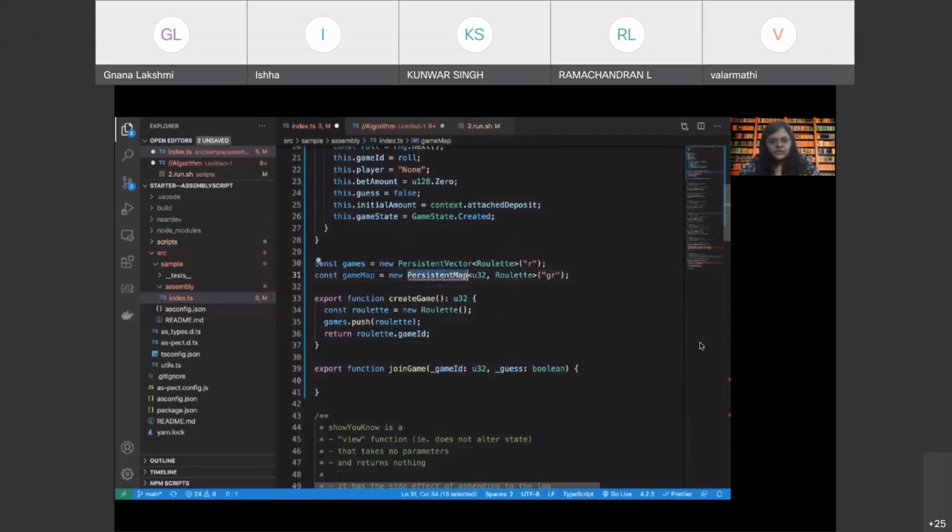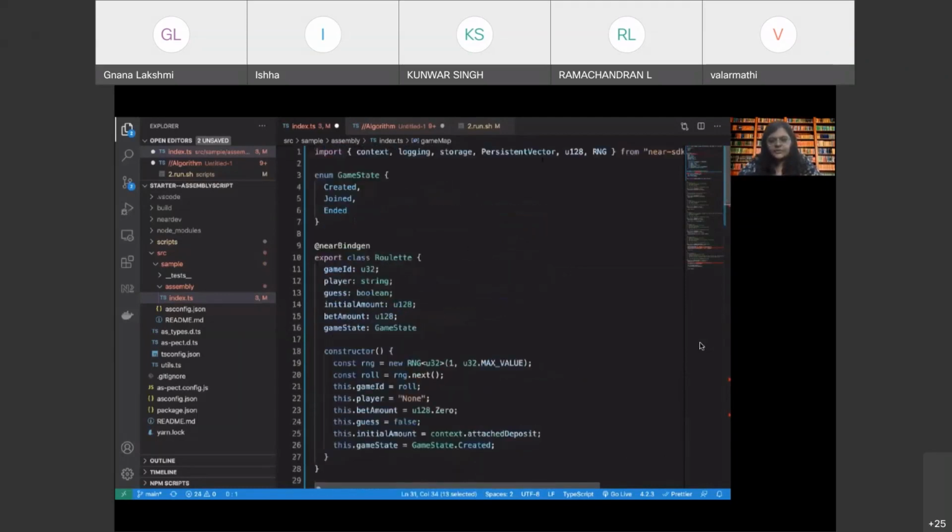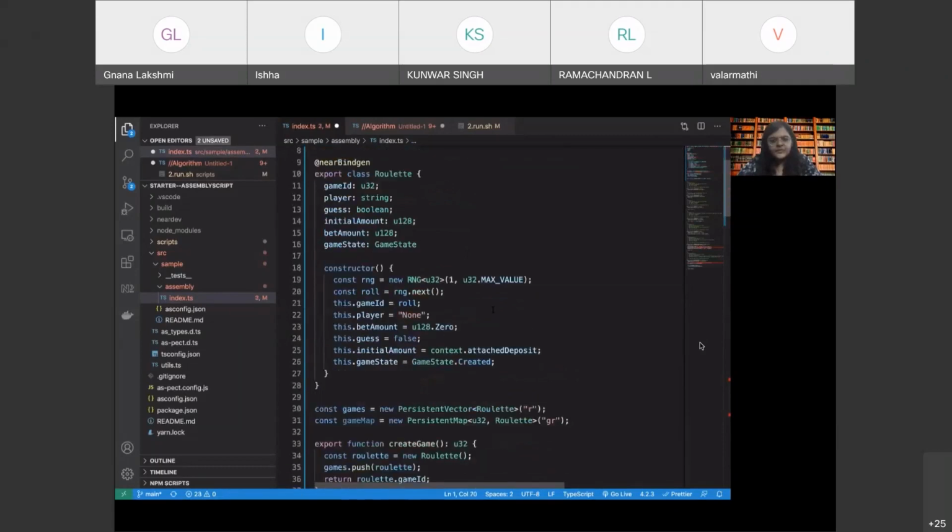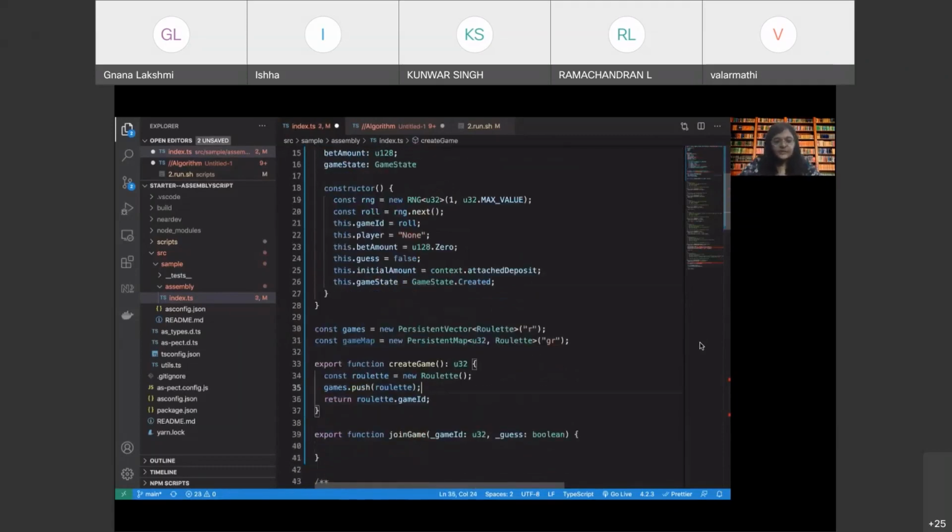So now that we have a persistent map, we may actually not really use a persistent vector. Let's see if we have the use case.